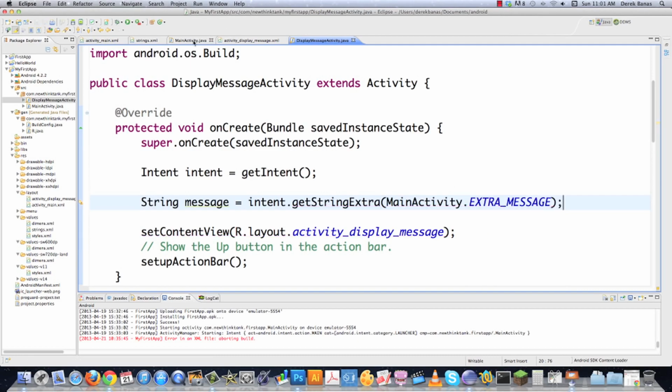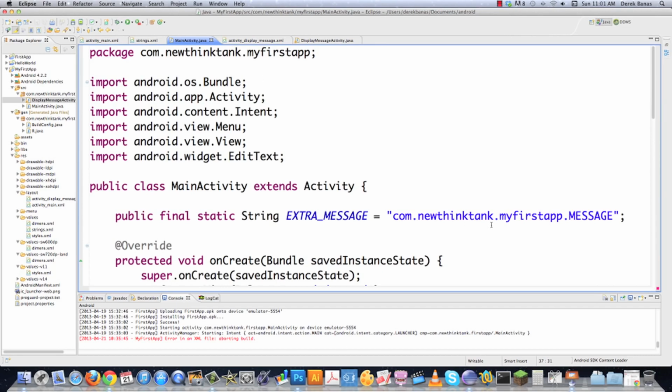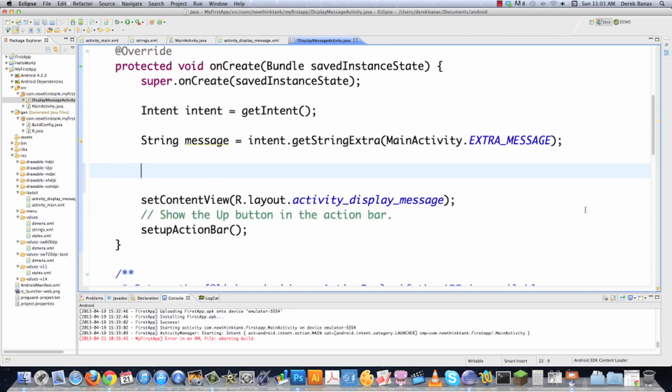And there we go. And where did that main activity come from? Right here. And where did that message come from? Right here. This is it, extra message. So that's how we're pulling that information in. That's what that means. So now we're going to need to create our new text view where we're going to